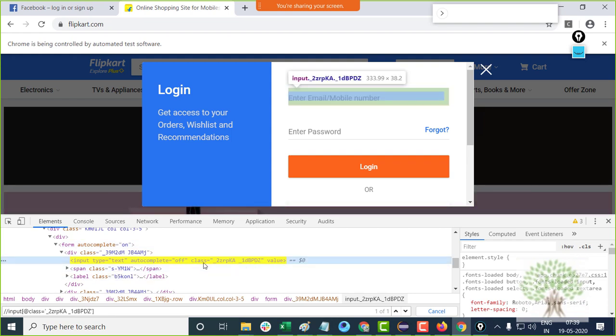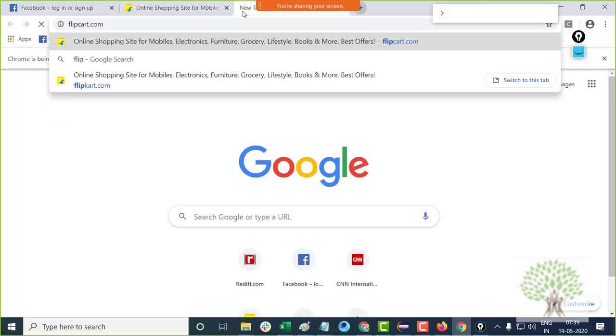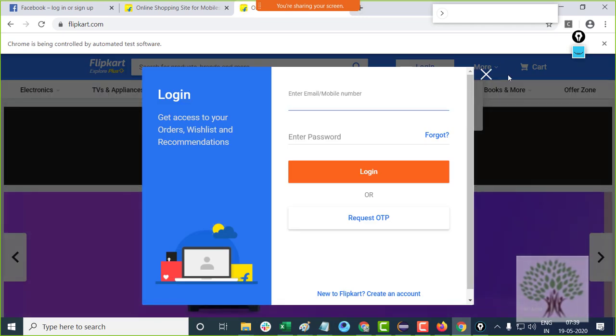But if you are building XPath based on the class, then you have to actually verify whether it is pointing uniquely to the element or not, because using class is a little bit riskier thing.